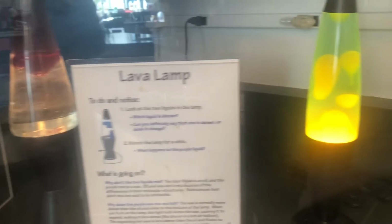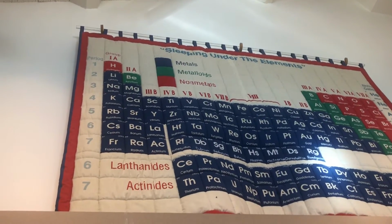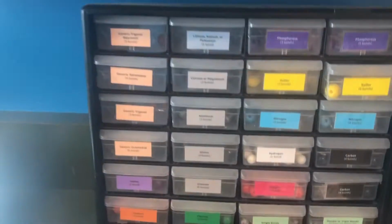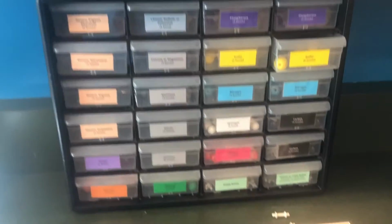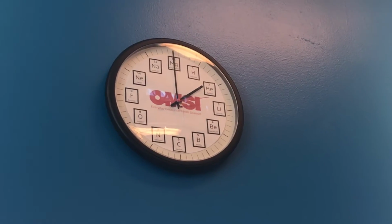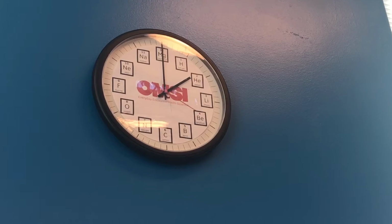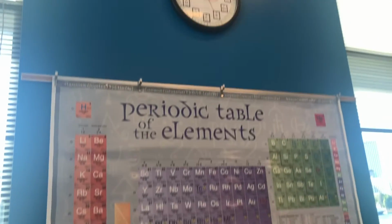Here there were really cool lava lamps. Here is a blanket with a periodic table drawn on it, so that you can sleep under the elements. Here I'm showing this interesting wall clock. Here they arranged all 12 elements according to their atomic number, like hydrogen's 1, helium's 2,